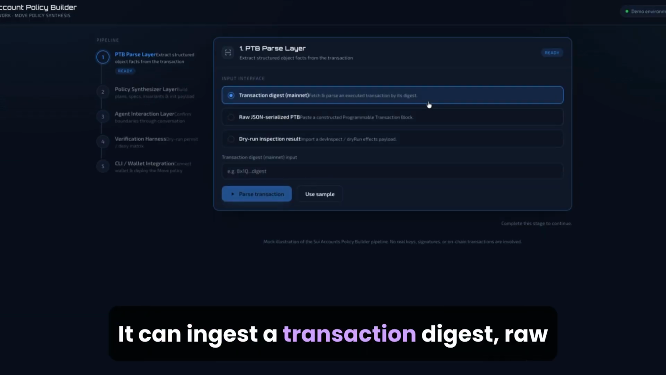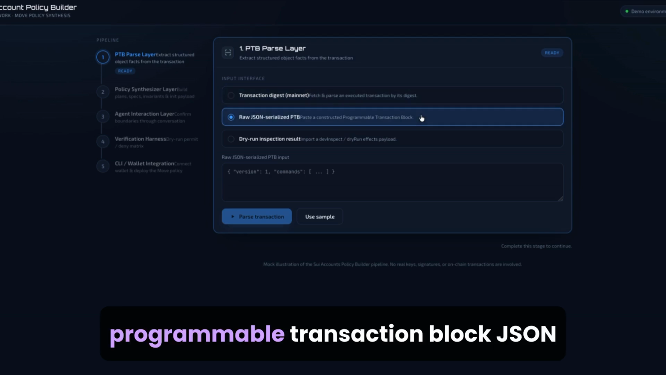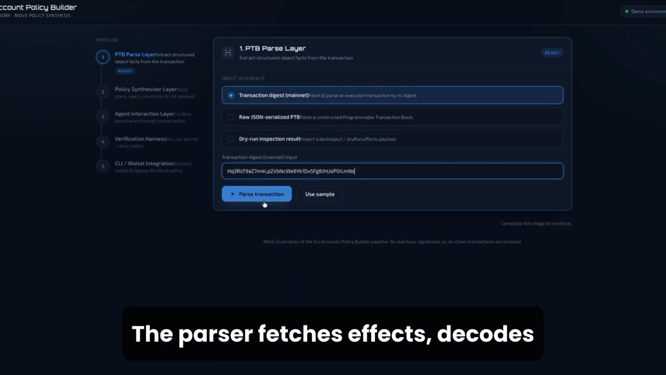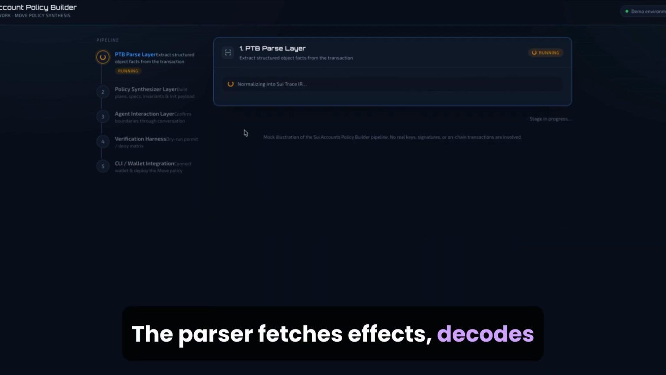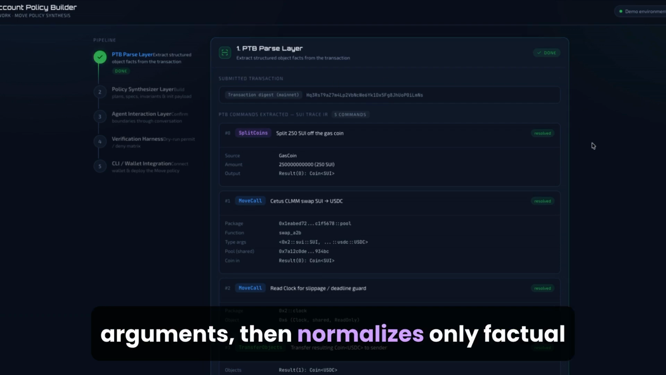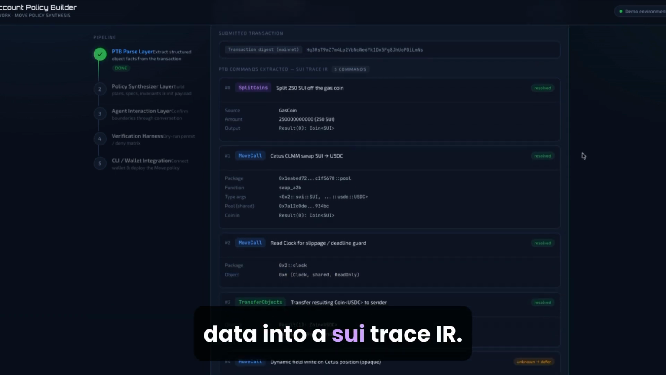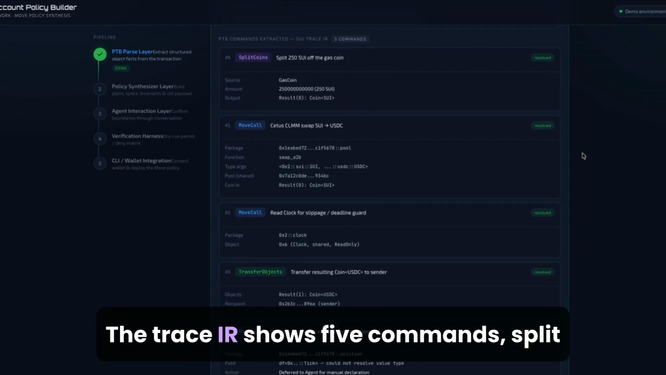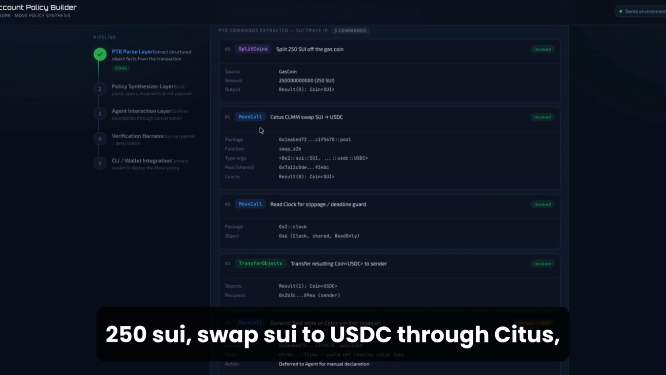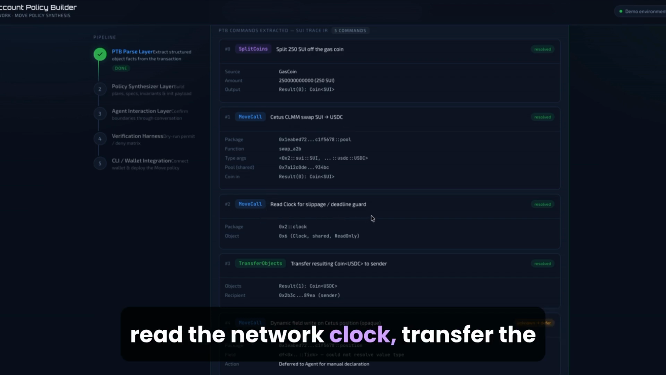It can ingest a transaction digest, raw programmable transaction block JSON, or a dry run result. Here we use a digest. The parser fetches effects, decodes commands, resolves objects and type arguments, then normalizes only factual data into a SUI trace IR. The trace IR shows 5 commands: split 250 SUI, swap SUI to USDC through CEDAS, read the network clock,